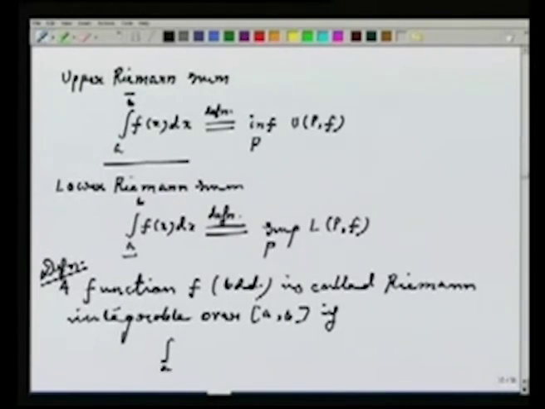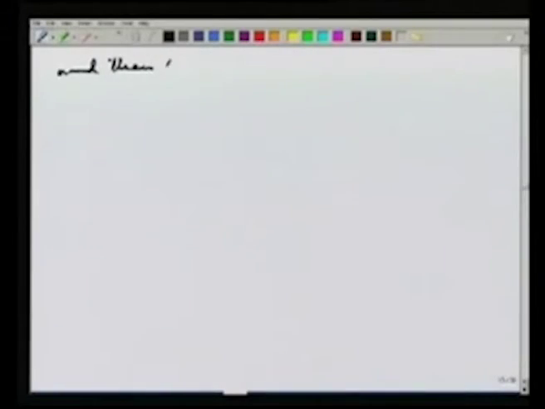That is, if the integral from a to b bar of f(x) dx is the same as the integral from a bar to b of f(x) dx. And in this case, we define the Riemann integral of f as the integral from a to b of f(x) dx, which is the common value of the upper Riemann sum and the lower Riemann sum. That is,